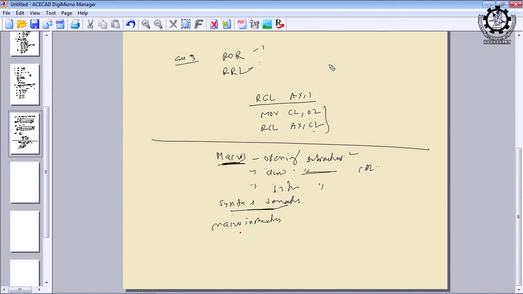But these macro instructions are not machine instructions. They are also called pseudo instructions, or simply macros, right. All three, pseudo instructions, macro instructions and macros, refer to the same meaning. And for these instructions, the corresponding machine code is not generated. Machine code will be generated for machine instructions, but machine codes will not be generated for pseudo instructions or macro instructions.